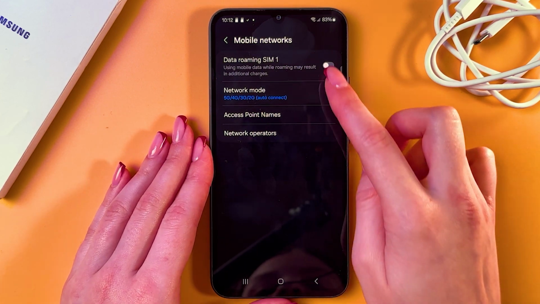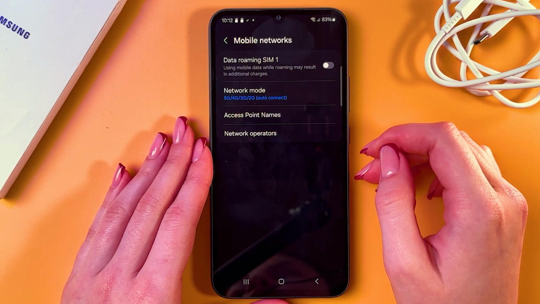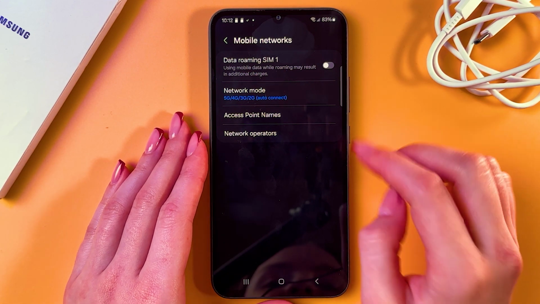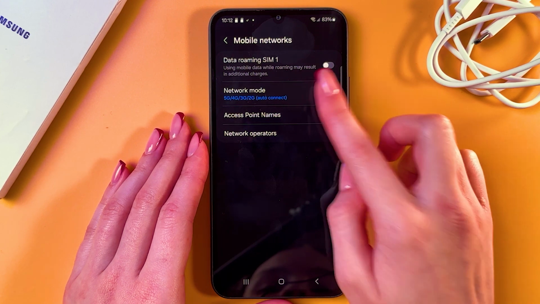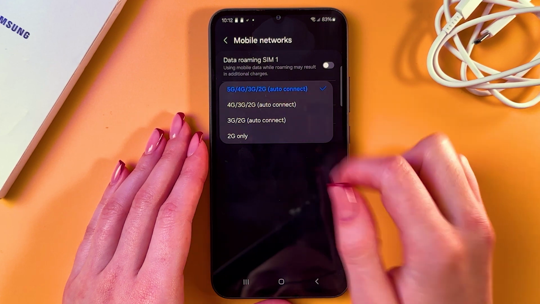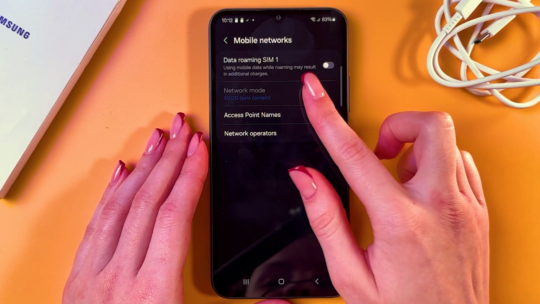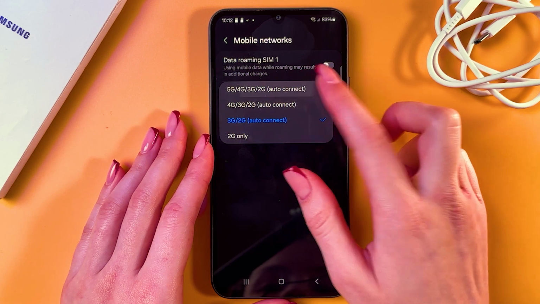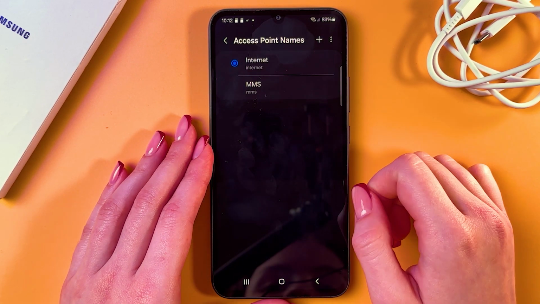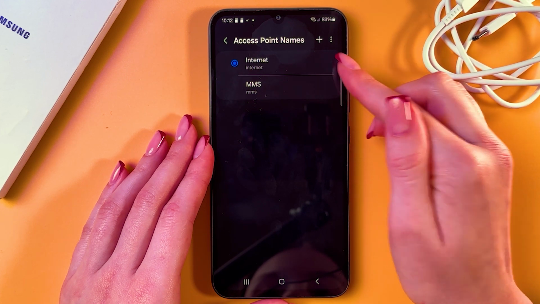So sometimes data roaming can be enabled by default, and if you have an unlimited tariff, you can leave it enabled, but I just disable it. In the network mode, you can switch to the 4G internet, so you can disable 5G, but you can also leave 5G enabled. Now in the access point names, make sure that you can see these two tabs, Internet and